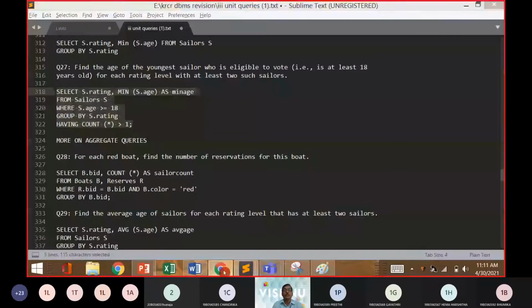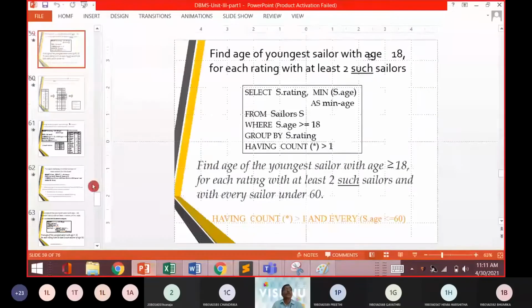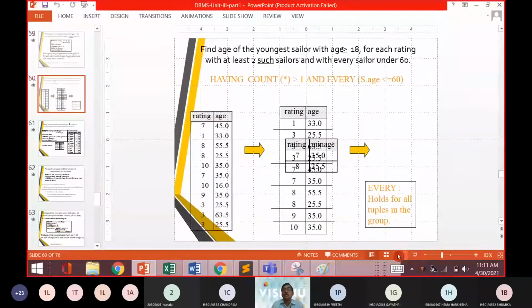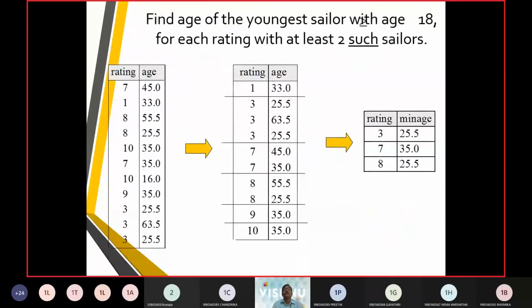So we will start executing that query. So this was the thing, and you should understand this query, right? That is, for each rating